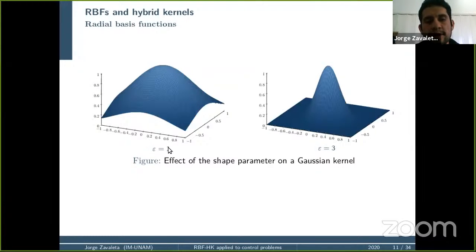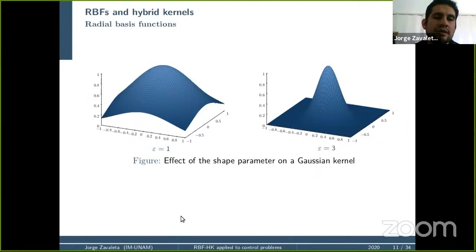For values near 0, we are going to have flatter functions, and for larger values of the shape parameter, we are going to have sharper functions. In terms of convergence, we are going to look at this because they have better results in accuracy, but